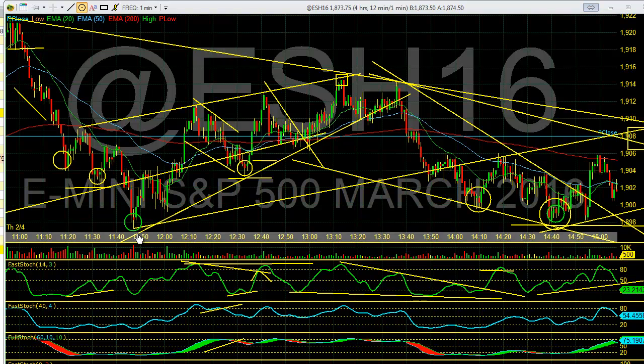But here we had that 11:45 one, and this was marked in green, because I'm going to start marking the 5 minutes in green, keeping the 1 minutes in yellow. It kind of gives us a better view. And like I said, 5-minute time frame setups are stronger and usually move further than a 1-minute time frame. And we use the same type of criteria to exit the trade, so you don't get caught in any pullback. You take advantage of everything.